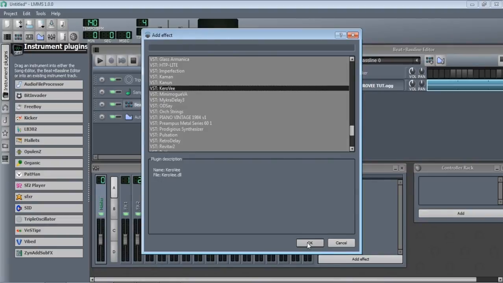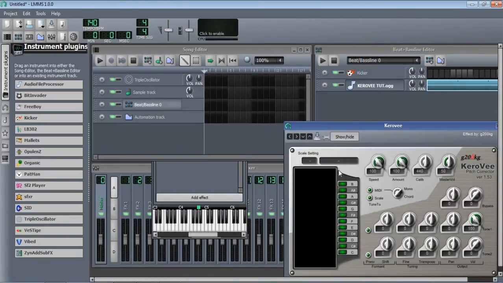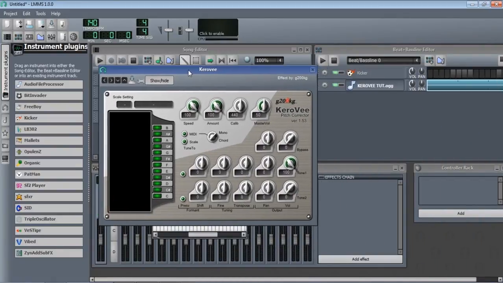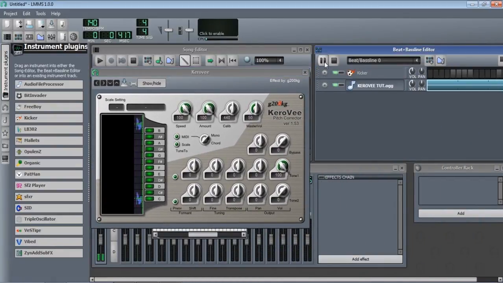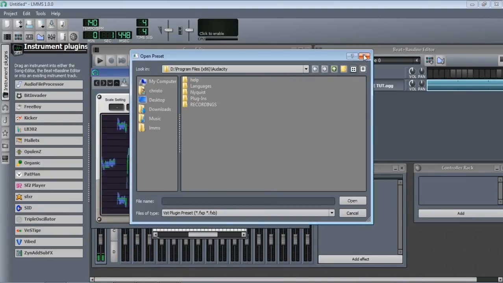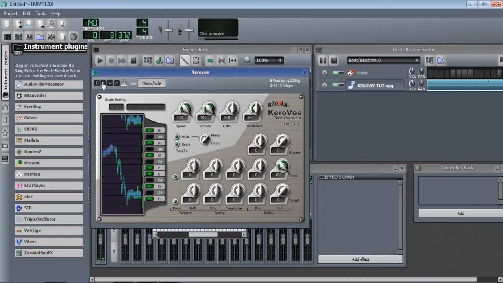Now if you play this one, the sound will automatically process through the Kerovi VST. And in Kerovi VST you get around 16 inbuilt presets. Further, you can adjust your voice as you require.